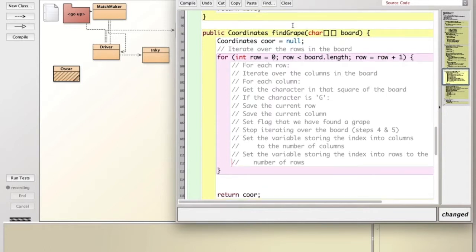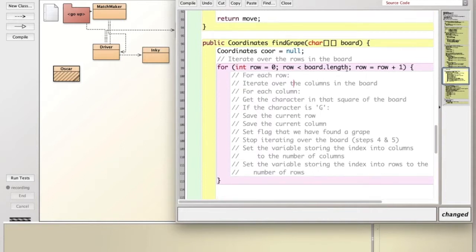Because our point is finding a grape on the board. If we're not inside the board, we're not going to find any grapes. So this is going to move over all of our rows. We'll compile it, just sanity check, everything still works. So for each row,